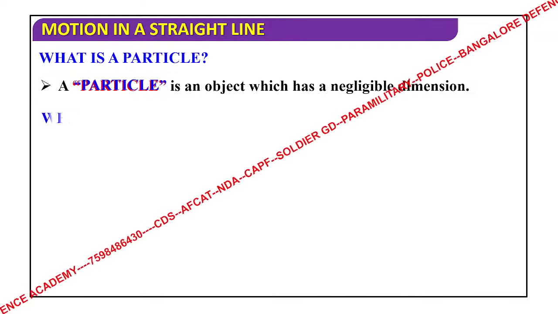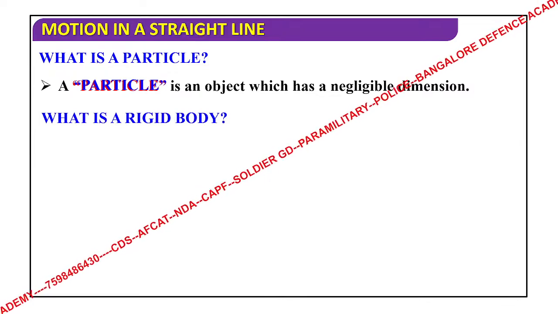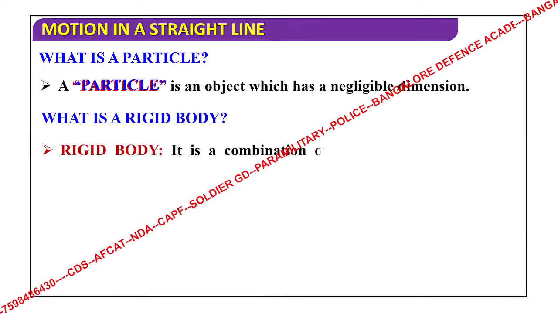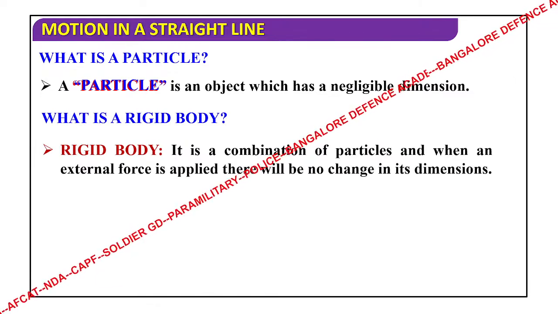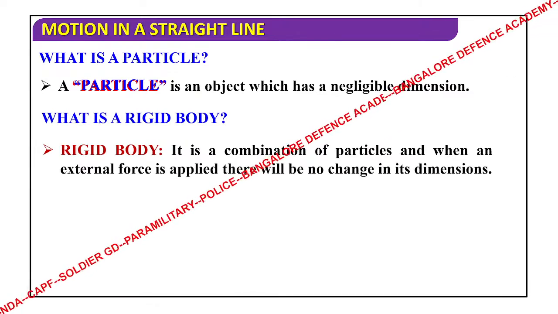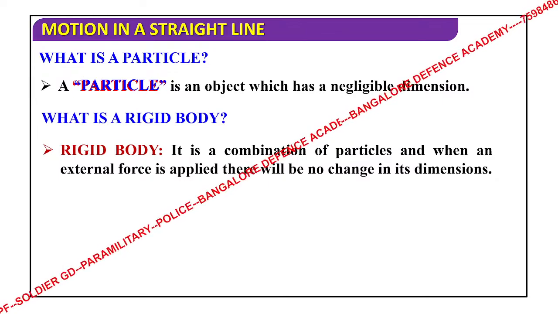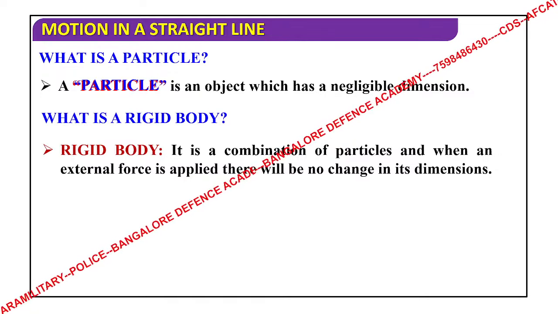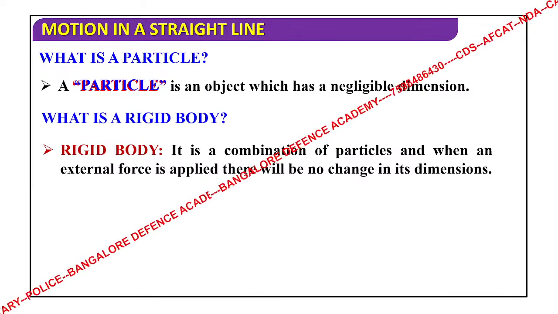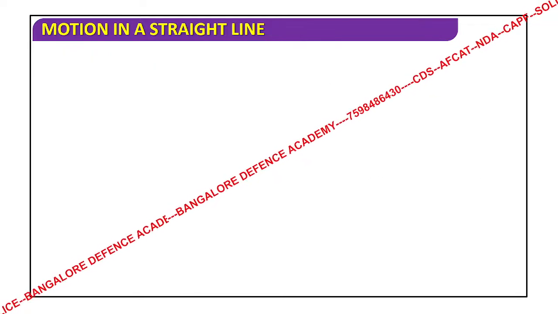Okay, next, what is a rigid body? Rigid body, it is a combination of particles, and when an external force is applied, there will be no change in its dimension. Rigid means a body which will not change its shape. Okay, for example, you have a stone, that is a rigid body. Next,